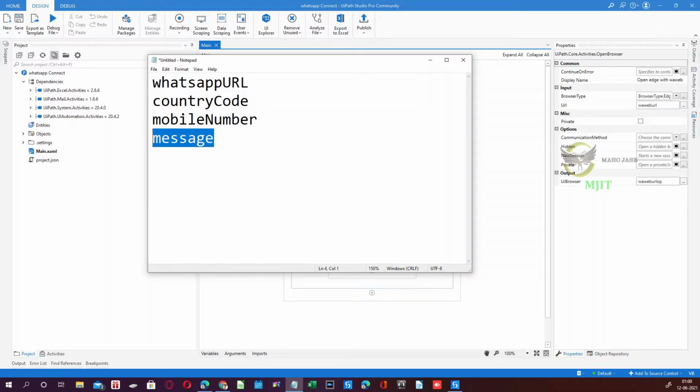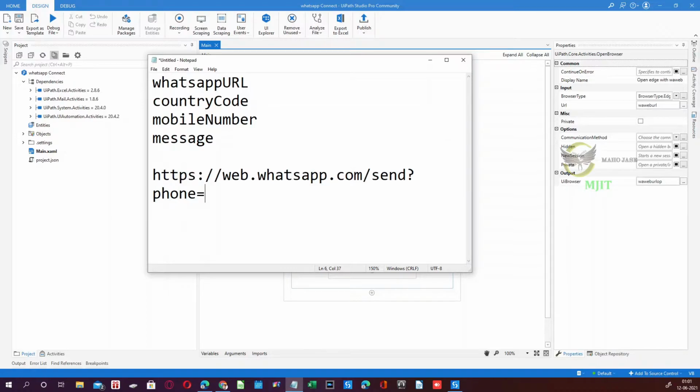So how are we going to merge the four required parameters? For example, if I want to send a message to a particular number, it needs to be in this format.